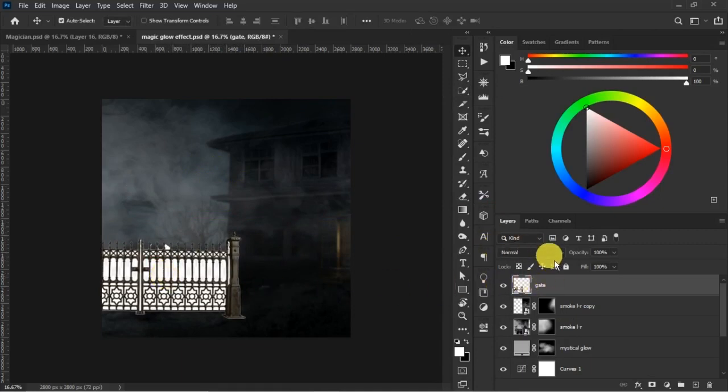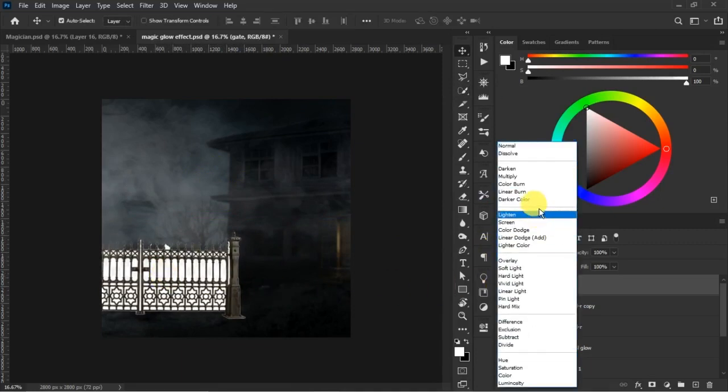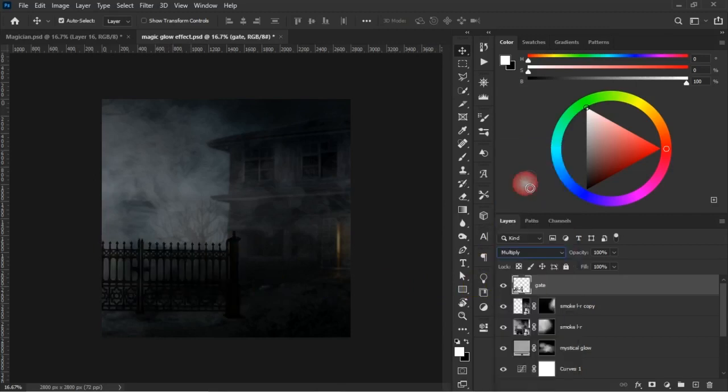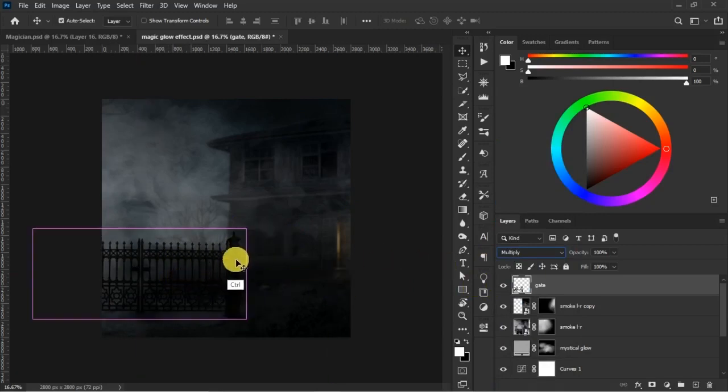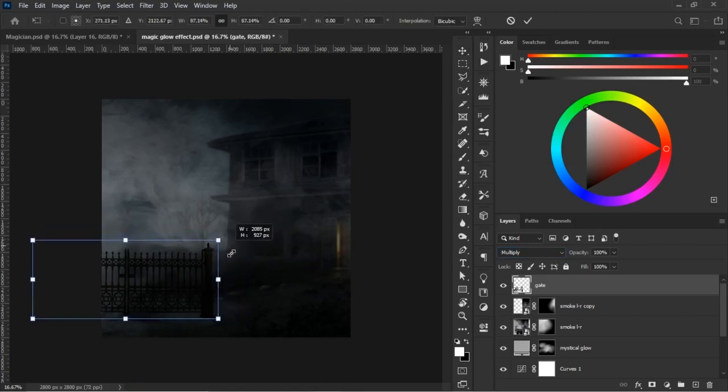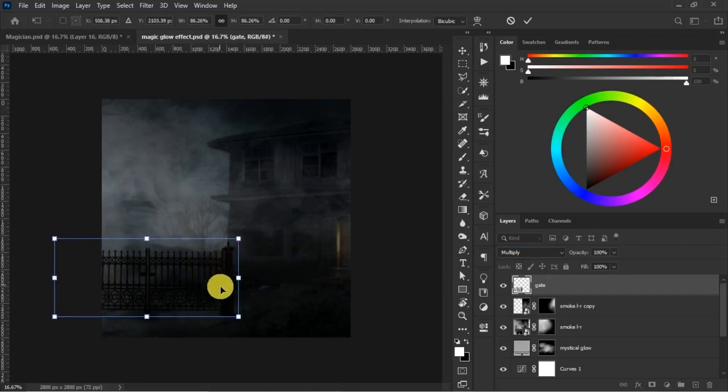Okay, good. So we'll go on normal and we'll change this guy to multiply, so it gets rid of those whites inside. That is very simple. So let's just scale this guy down a little bit. Control T. Let's scale this guy down a little bit. Okay, there's something I'm trying to see here. Let me see. Start and